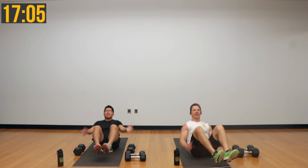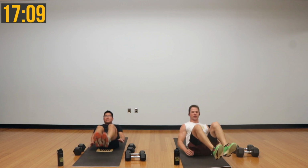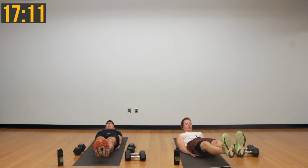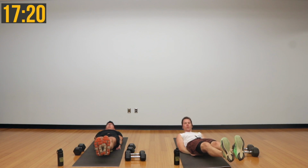We got 5 seconds, then we're gonna have a 6-inch hold. I know you love it. 3, 2, 1. 6-inch hold. 20 seconds, breathe. Think about driving your lower back down into the mat. This is the toughest round in the sense that you had minimal rest after those RDLs. Hang in there. 10 seconds. Come on. Come on, abs. Come in, baby. 5,